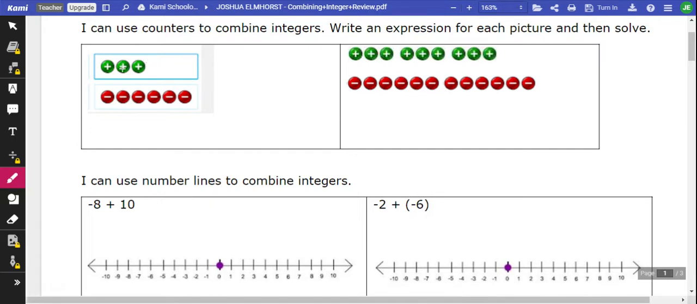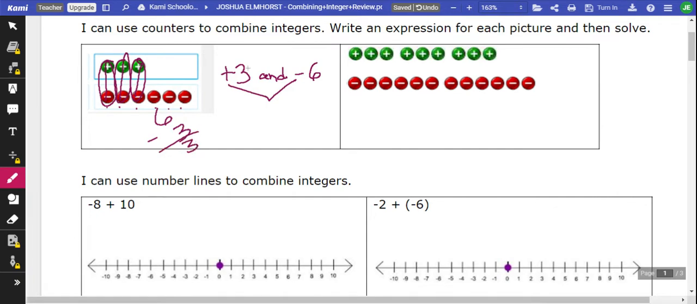So we're going to take a look at the first model here on the left. We have 1, 2, 3 positives, and we have 1, 2, 3, 4, 5, 6 negatives. Because we have opposites, positives and negatives, we're going to get 0 pairs. 1, 2, 3, 0 pairs. So we are subtracting. 6 minus 3 is 3, and we have more negatives, so our answer is